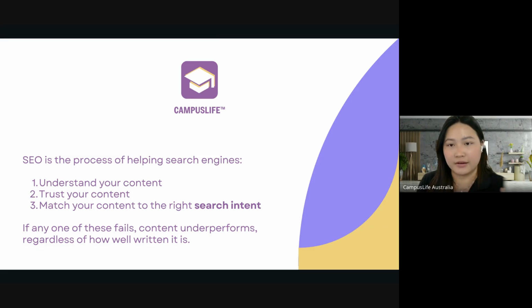The company running an ad, the sponsored content, will pop up on the main page first, and then the SEO-optimized content or pages will rank afterwards.